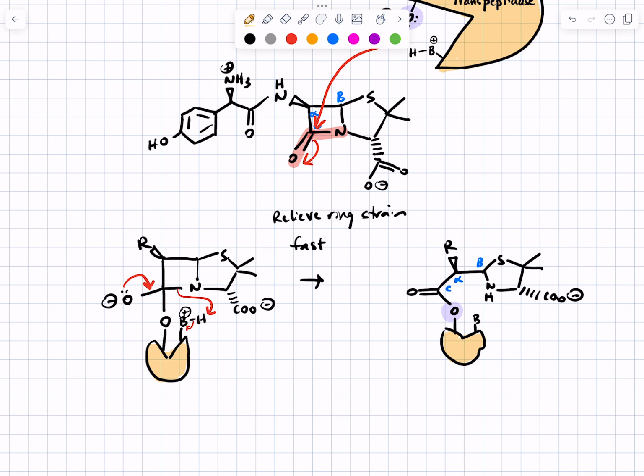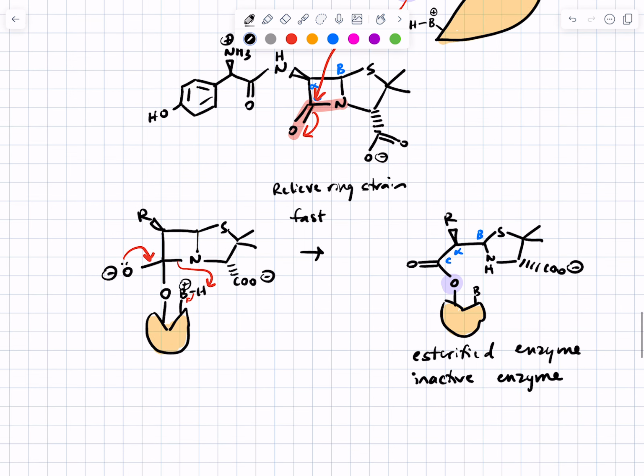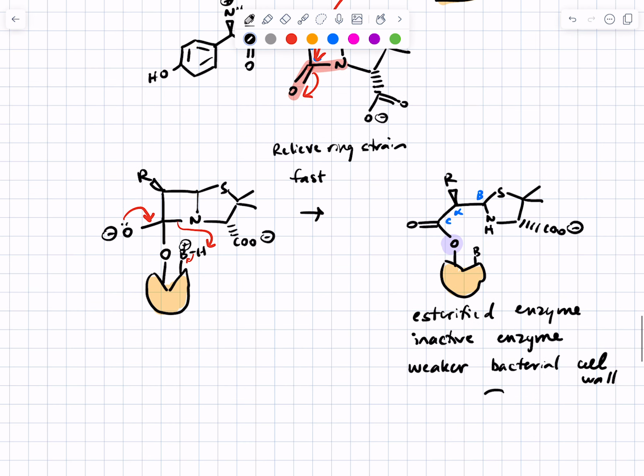We could call this the esterified enzyme because we put an ester on the active site. That active site oxygen is no longer available to do what it's supposed to do. So this is now an inactivated enzyme. That's going to lead to incomplete bacterial cell wall synthesis, which is going to lead to weaker bacterial cell walls. They're going to be less able to adapt to environments, and ultimately